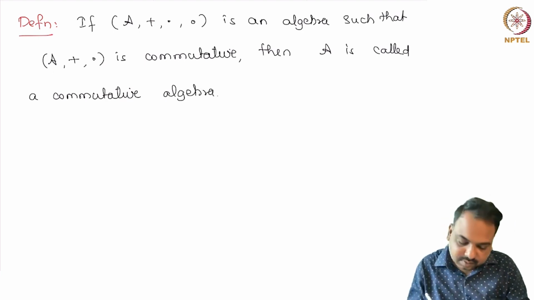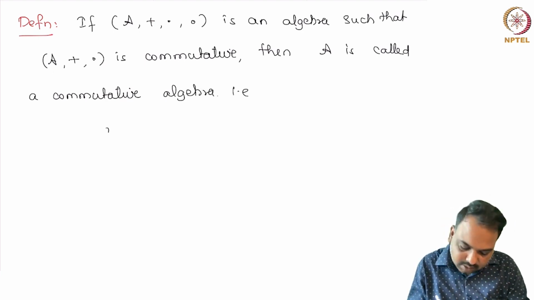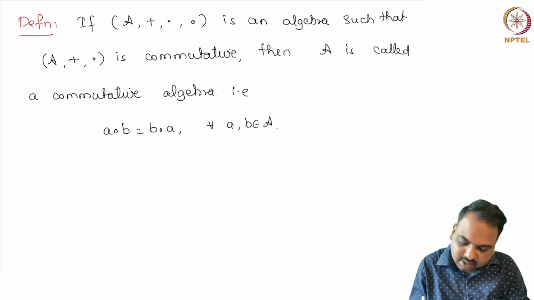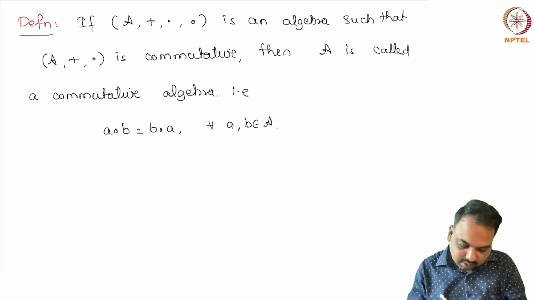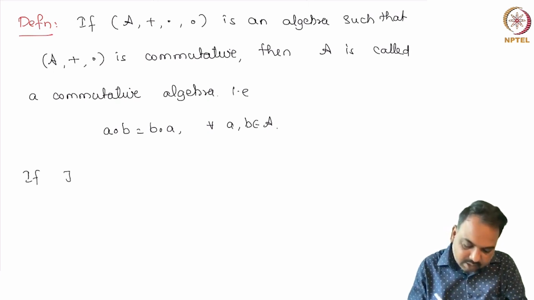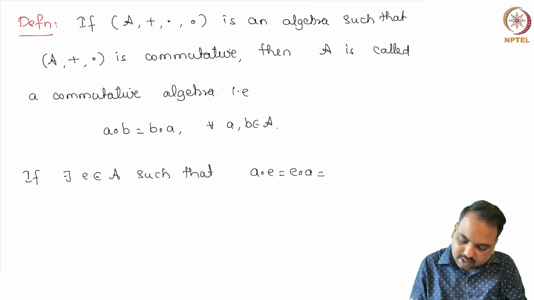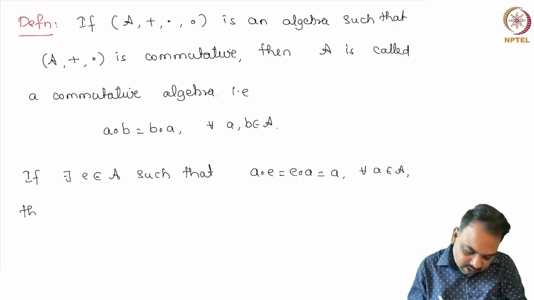In other words, A circle B must be equal to B circle A for every A, B in A. Okay. So if there exists an element E in A such that A circle E equals E circle A equals A for every A in A, then we say that